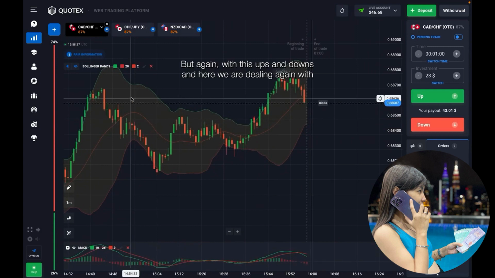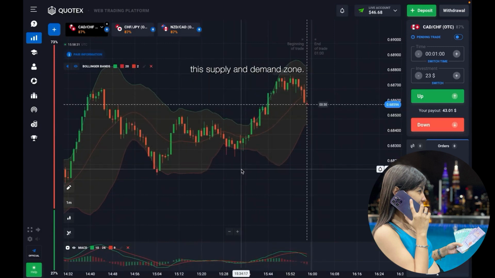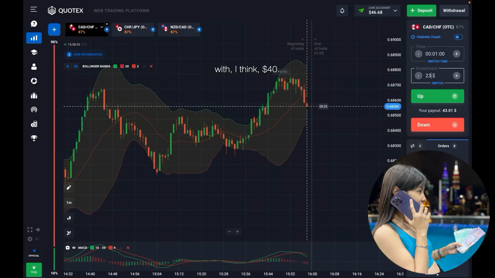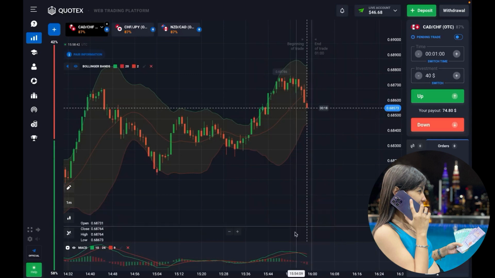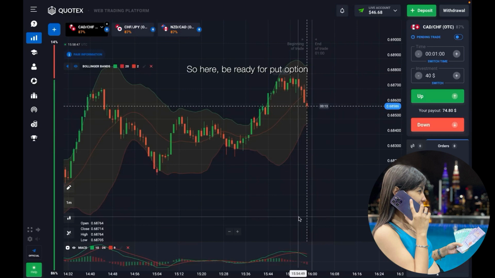But again, with these ups and downs, here we are dealing again with this supply and demand zone, and I think I want to open this trading session with my first trade with I think $40. Let it be so. And by the way, I get more confirmation for my theory and I get my signal from MACD indicator. And yes, classic technical analysis always warned. So here be ready for put option